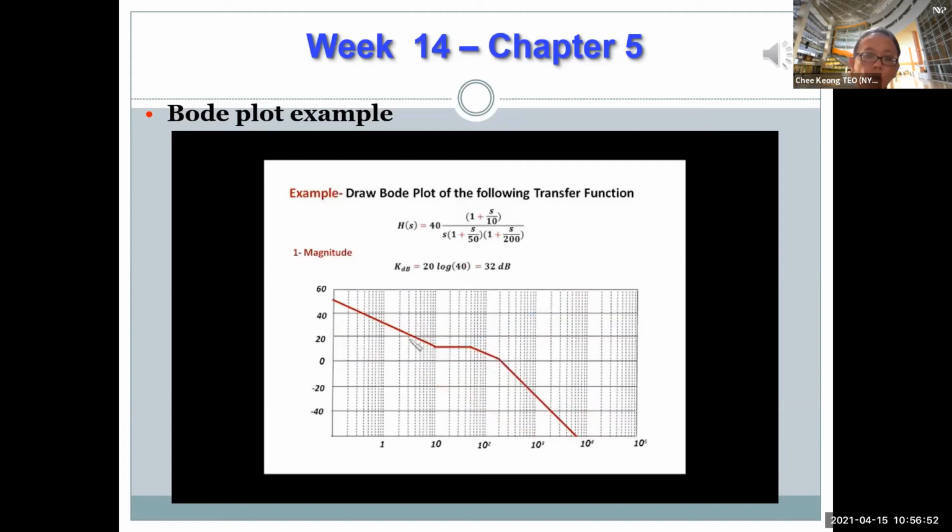Now, we can do this plot the faster way. If I practice doing Bode plots over and over and over again, I can do Bode plots straight from the transfer function without drawing all those segments and without adding them up. I can do that in my head, because the concept is very easy. You add up offsets and you add up the slopes, and you do that at the corner frequencies. So if we delete everything and start doing the whole graph from scratch,